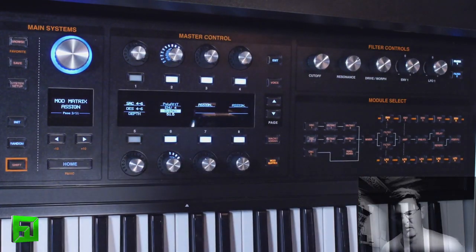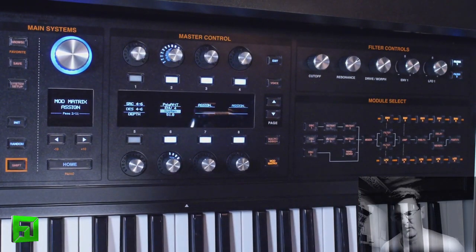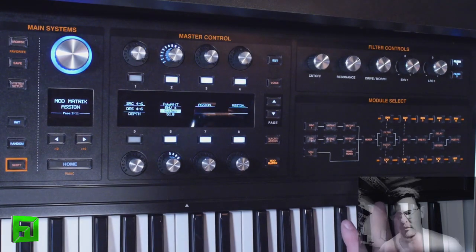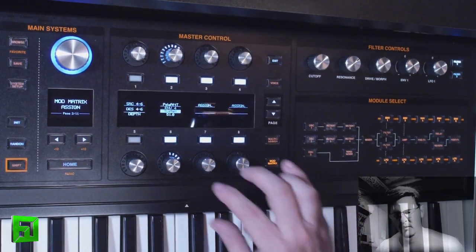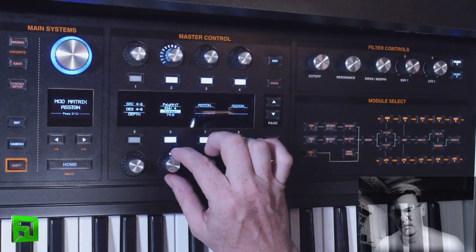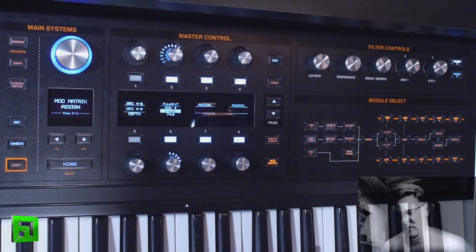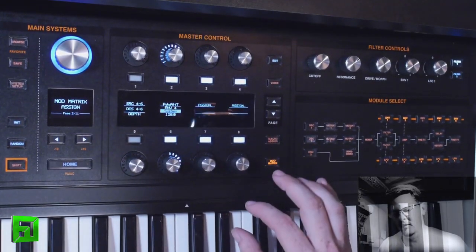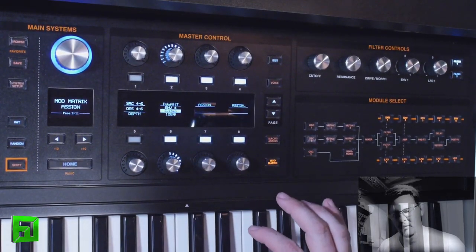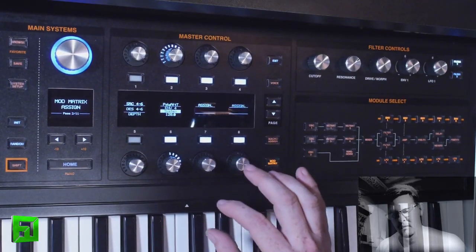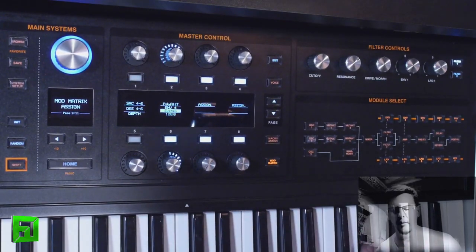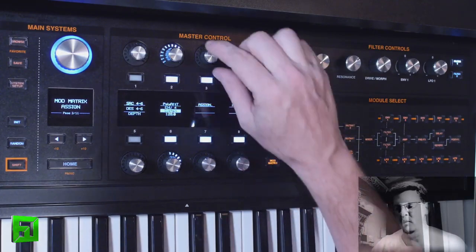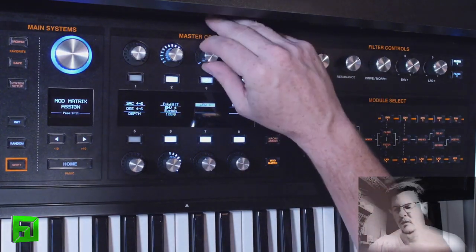So now we have the ability to kind of control the sustain amount, and we'll also do a little bit